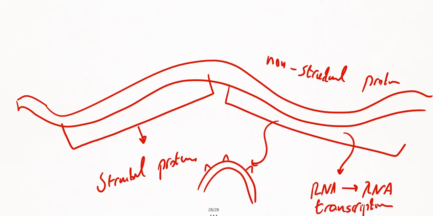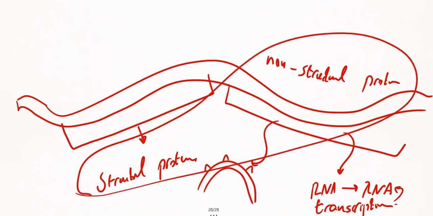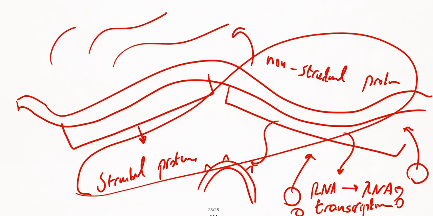Called transcription, because transcription is making RNA. So the cell makes all of these proteins, whether structural or non-structural, and the tools that are made are used to make more of this RNA, more and more and more. Eventually, the coronavirus is made. One of the interesting things that happened to a cell that is infected with the coronavirus,